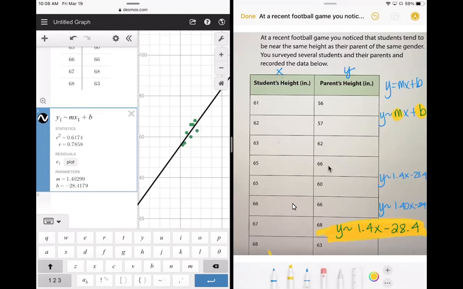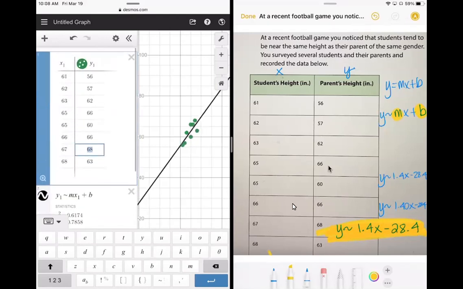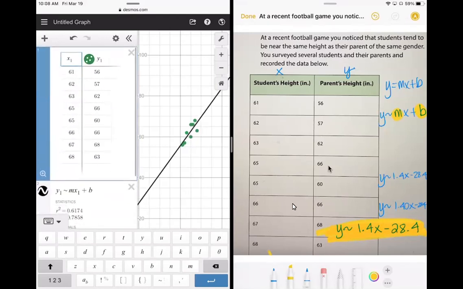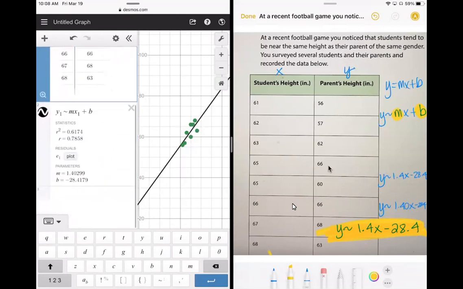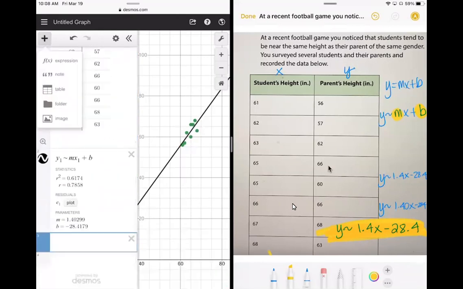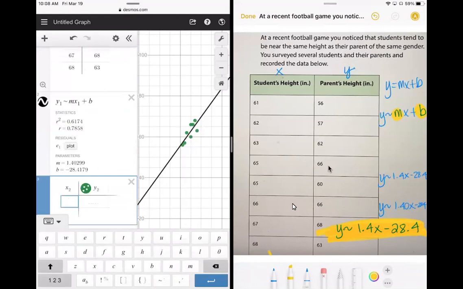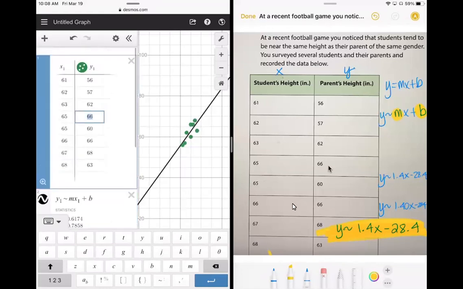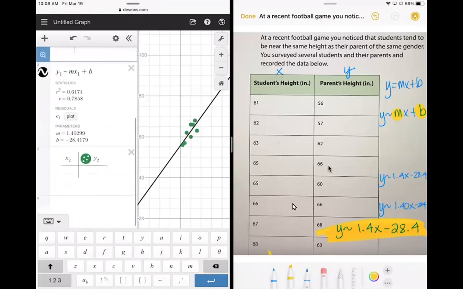The reason why we have the sub 1s by the y and the x is because the table automatically puts the sub 1s there, because if I were to start another table down here, you see that it has sub 2, right? That's basically saying that up here is the first table and down here would be the second table,